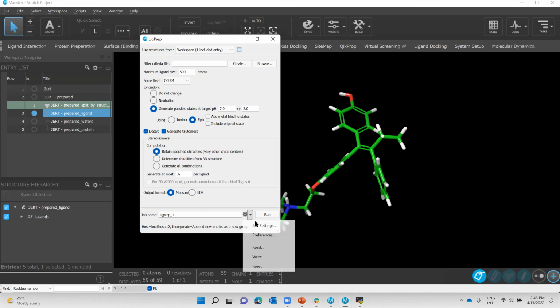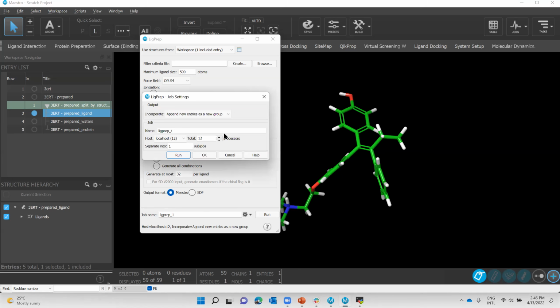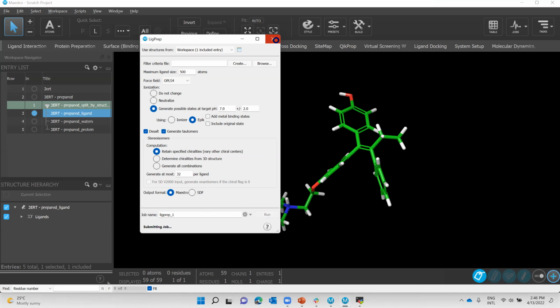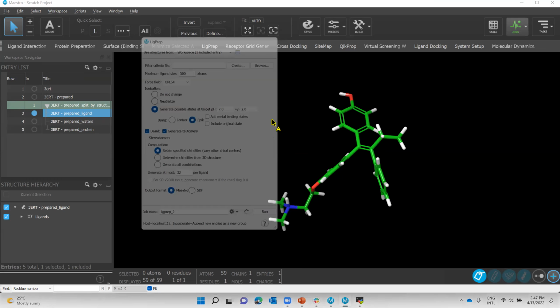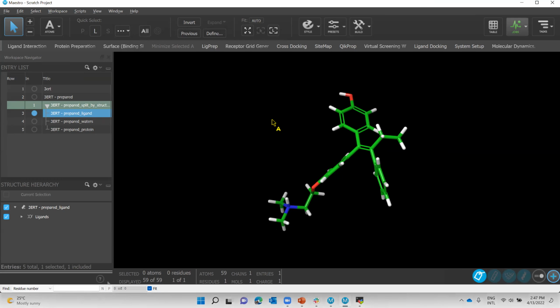So we can actually then, right, everything here is set up fine. So we can actually just run this. So it's going to prepare this ligand for us, and then it's going to give us some structures. Now this preparation is being done with a molecular mechanics force field, right? So I'll tell you a bit more. Actually, while I'm on this topic, and since I'm waiting for things to finish now,